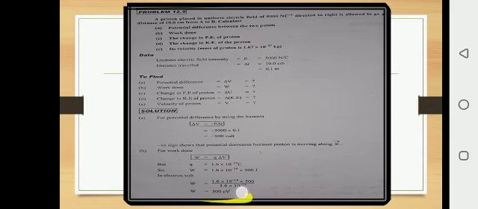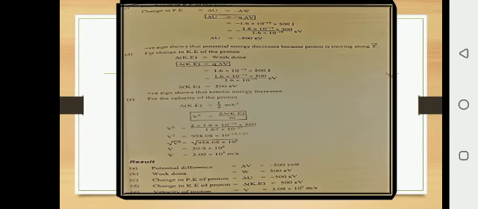As we have discussed in the last lecture, the work done value is in joule. To convert it into electron volt, divide the answer in joule by 1.6 into 10 raised to minus 19. To calculate change in potential energy, delta U, change in potential energy is in the form of work done. Delta U is equal to minus Q delta V. Put the values of Q and delta V, and you can calculate delta U.